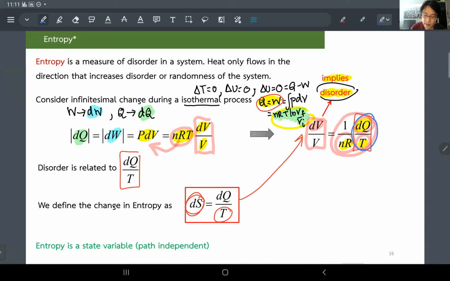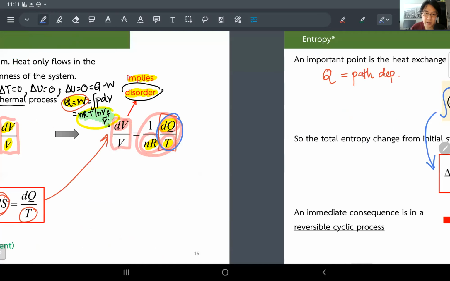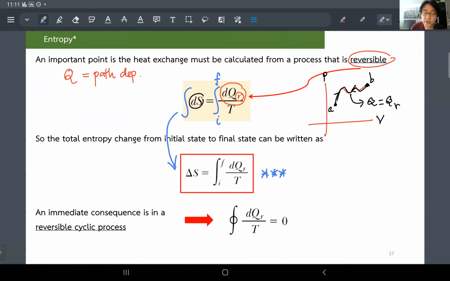First of all, I don't know by accident or not, the ratio between the heat coming from the reversible process divided by temperature is path independent. Whoa. Okay, this is the nice thing about it. So what you have over here is, it turns out S is path independent. Whoa, that is so cool. So the good thing about this one is,